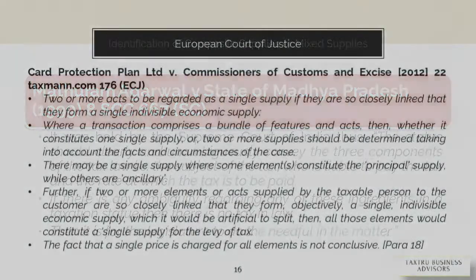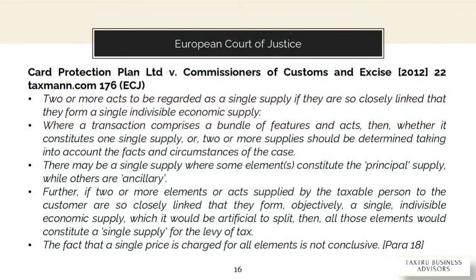Now there is another important judgment related to composite and mixed supply, because GST is not a new law. It is not drafted by India as an altogether new law. It is obviously inspired from various countries' GST laws which are already in force. So in this judgment, Card Protection Plan versus Commissioner of Customs, which is from the European Court of Justice,